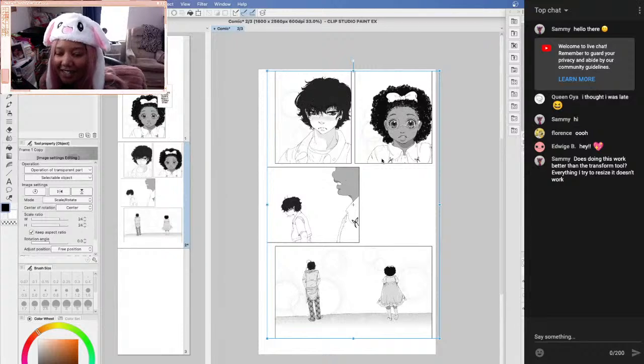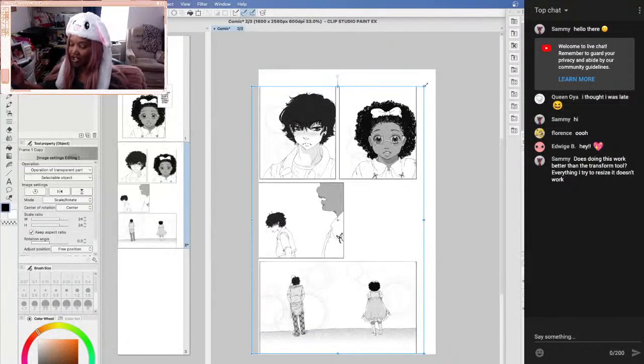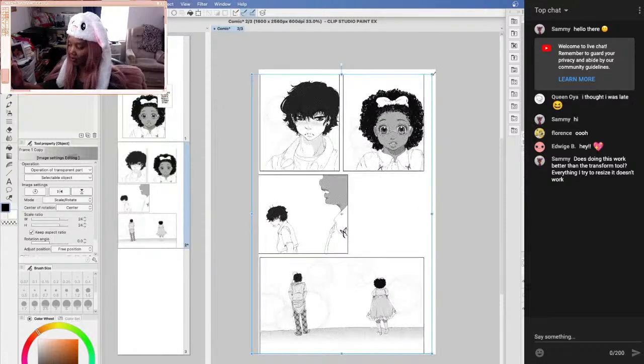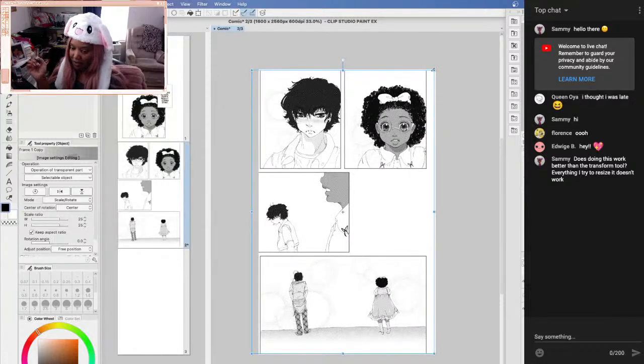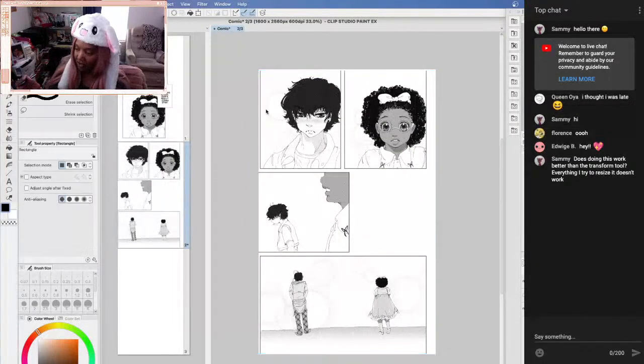And I see we have a question. Does doing this work better than the transform tool? Every time I try to resize, it doesn't work. I like using the image material layer instead of the transformation tool sometimes, because with the transformation tool, I'd have to go in and select it, but with image layers,